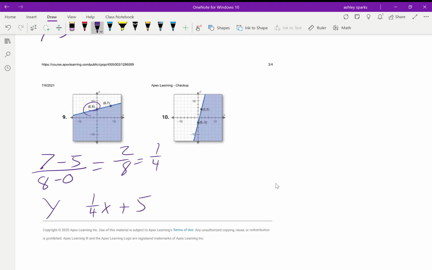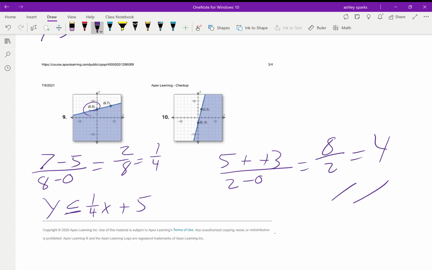Now you ask yourself, am I above or below my line? Y is below my line, so it gets the less than sign. It's a solid line, so now I put that less than or equal to. And our last one here, we have 5 minus negative 3, 2 minus 0. Simplify all of that, we get 8 over 2, which is 4. So y, 4x,